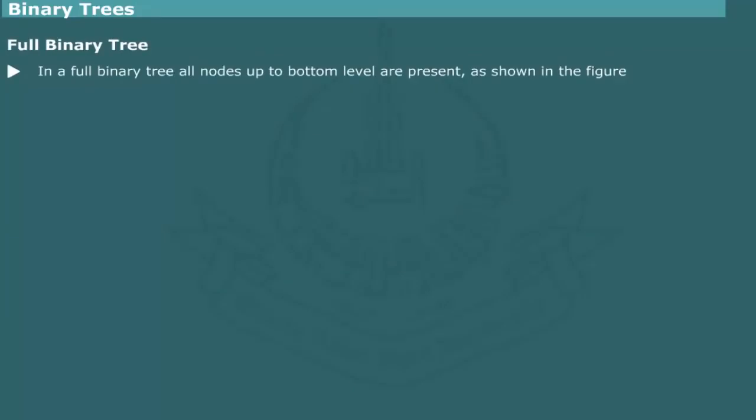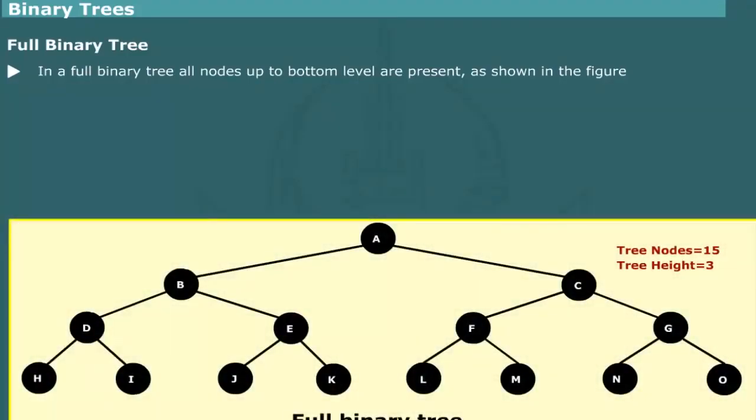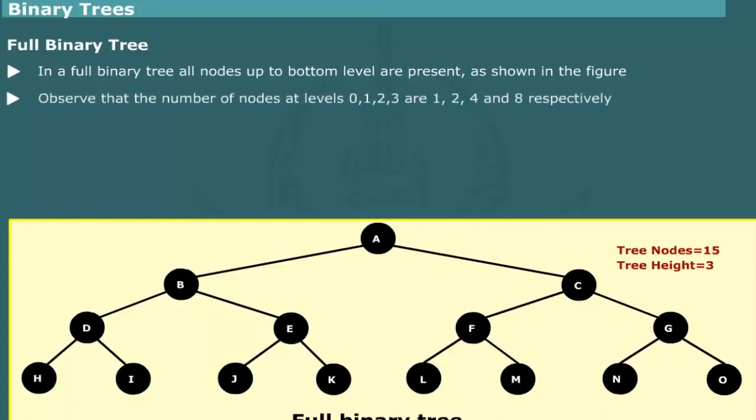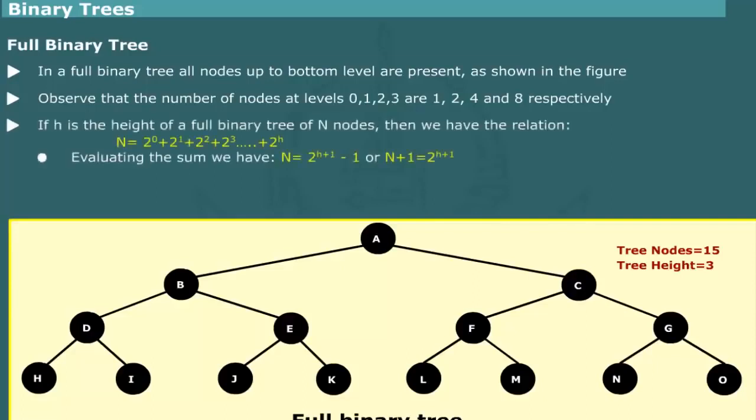Full binary tree. A binary tree in which all nodes exist right up to the bottom level is called full binary tree. In other words, in full binary tree, no internal nodes are missing. Figure shows an example of full binary tree. Notice that in full binary tree, number of nodes at level 0, 1, 2, 3 are 1, 2, 4 and 8 respectively. We can use this observation to compute the total number of nodes in full trees of given height